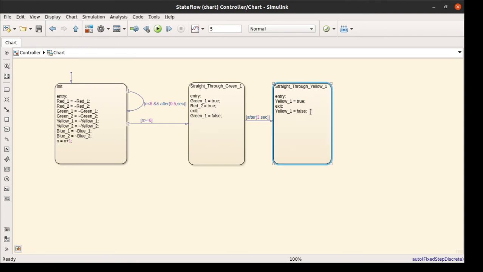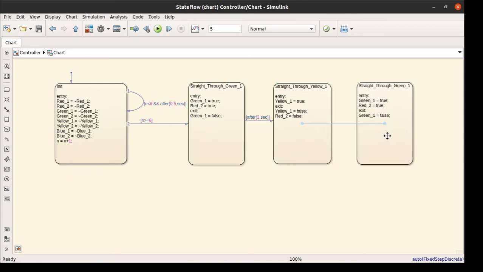And in this case, once the yellow is done, I want to turn off the red LED on the opposite flow. That means from bottom to top and top to bottom. So that's why, because I want to now simulate the straight through green for the other one. That one will be straight through green too. If you see, the signal name automatically changed to the one at the top.